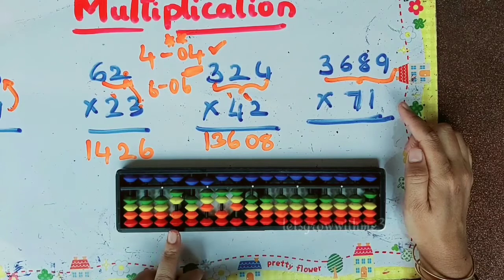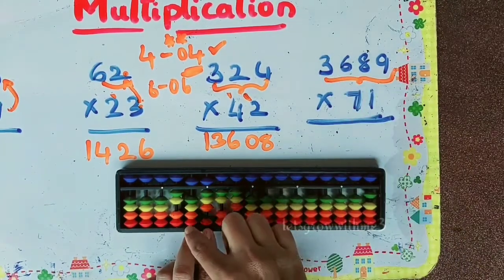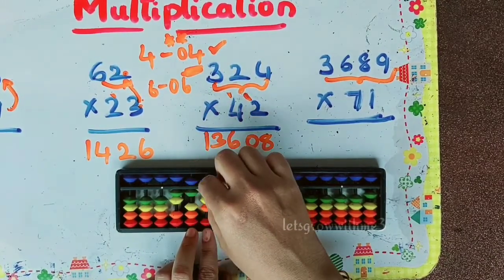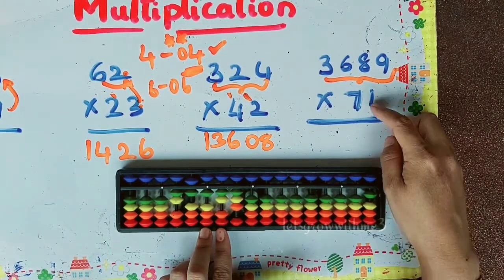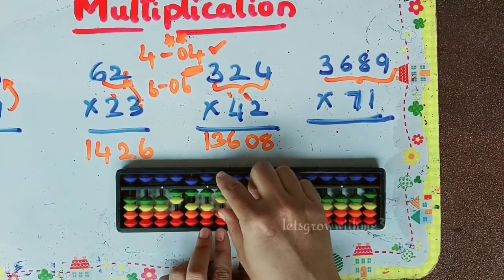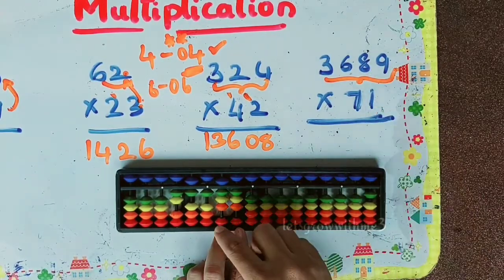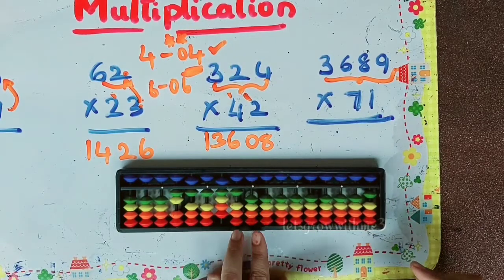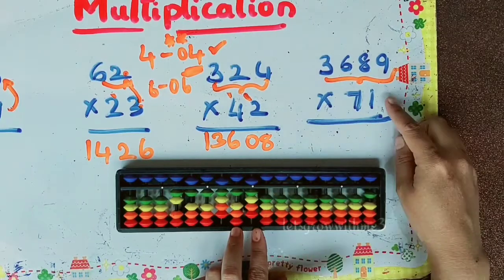So 1 times 3 is 3. We have to leave our first leftmost column, and then 0 3. Here you need to add 3. How to add 3? Plus 10 minus 7, then 0 6. So directly you can add, and then we have 0 8. So how to add 8? Plus 10 minus 2.